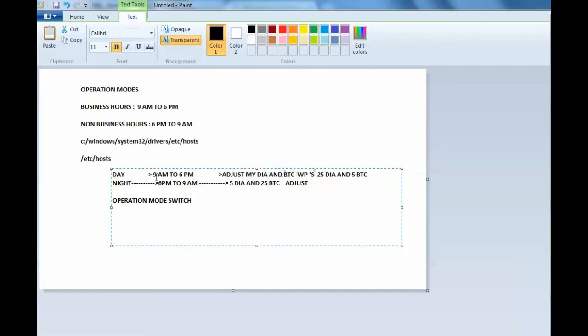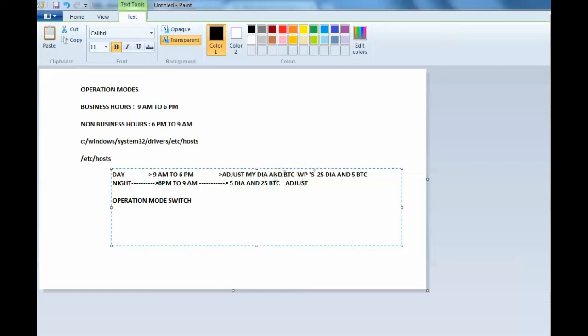Whenever the time reaches 9 a.m., immediately the dialog work processes become 25 and the background work processes become 5. These will be available up to evening 6 p.m. After 6 p.m., again the dialog work processes become 5 and the background work processes become 25.